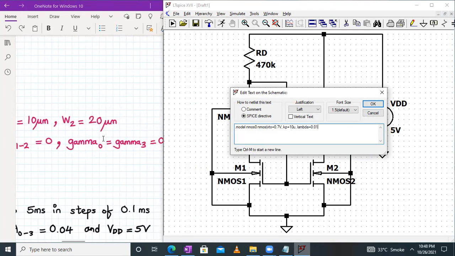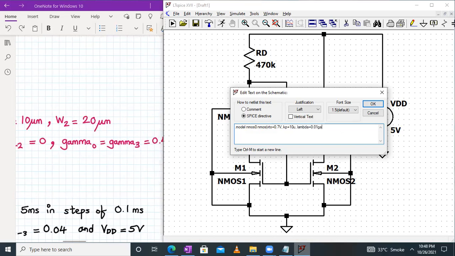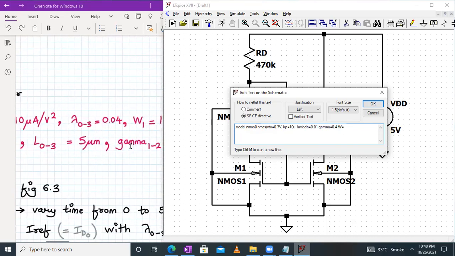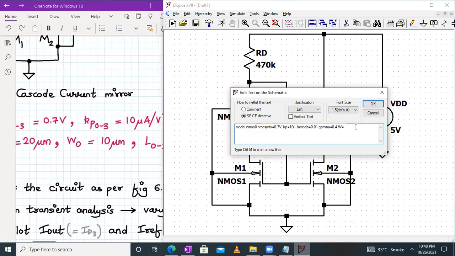Then gamma is 0.4. And your W value is how much? W0 is 10 micrometer, so we'll write 10 U. Length is 5 micrometer for all the transistors.